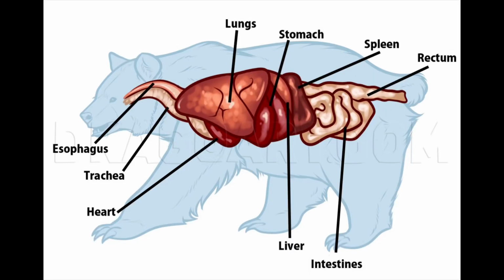Since tapeworms are endoparasites, once they are ingested, they will surround the bear's alimentary canal where it will stay and steal the bear's nutrients in order to survive. The alimentary canal runs through the middle of the body from the mouth to the anus.